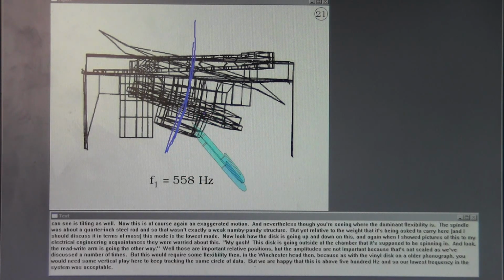Now look how the disc is going up and down on this. And again, when I showed pictures of this to my electrical engineering acquaintances, they were worried about this. My gosh, the disc is going outside of the chamber that it's supposed to be spinning in. And look, the read-write arm is going the other way. Well, those are important relative positions, but the amplitudes are not important because that's not scaled, as we've discussed a